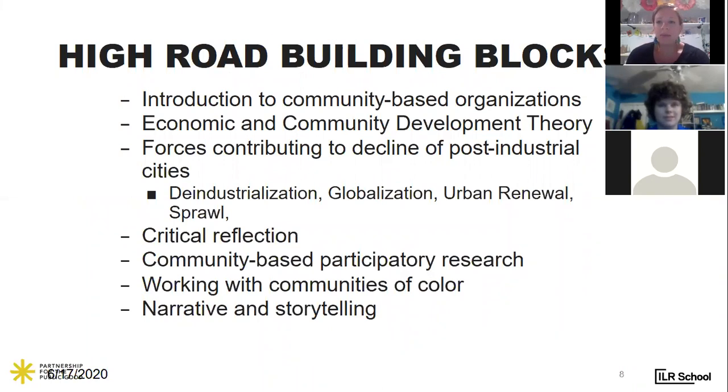Many of you are participating in the High Road building blocks. You do a little bit of an introduction to the organizations that you're working with. Again, thinking about what are the important things for community research. You talk about the history, which I think is also really important. What exists now doesn't exist outside of history. So it's really important to understand the context of both the people and the organizations that you're working with. There's a lot of different forces that contribute to what's going on right now. They could be nationally influenced or locally influenced, so getting a good handle on what that is and means.